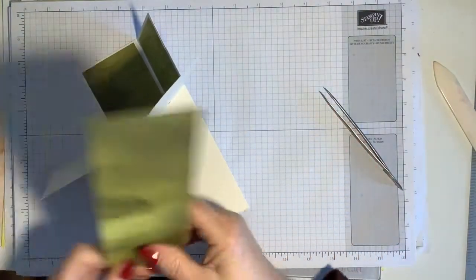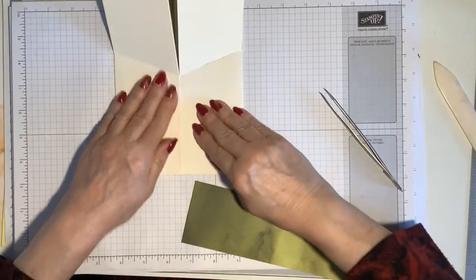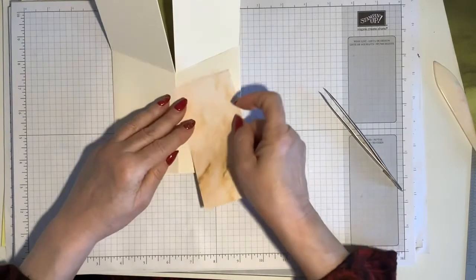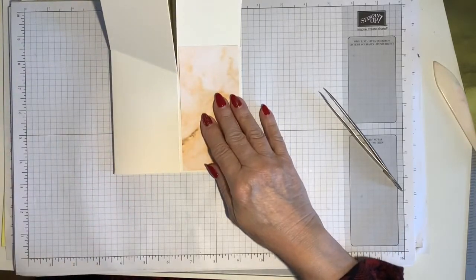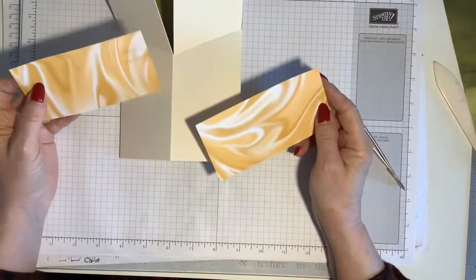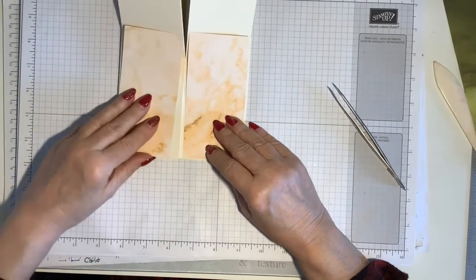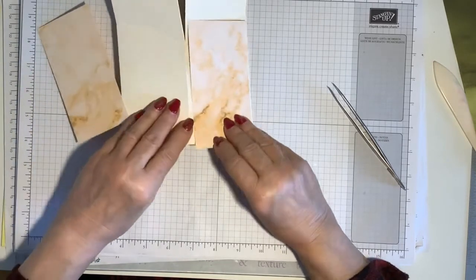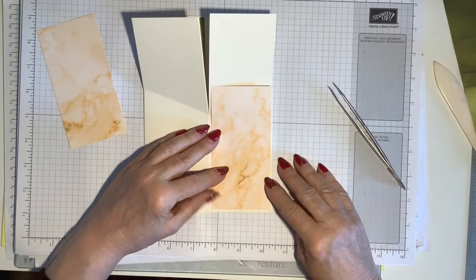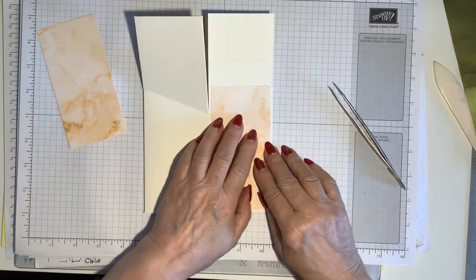And then I'm going to pop another piece on the front here and some other paper on the bottom here, and I've chosen the marbled paper, and this is in Saffron and Bumblebee colours, and I just thought that would complement the green. So the way to do this is to pop your paper on so that you've got 1/8 of an inch at the bottom and the sides, and then